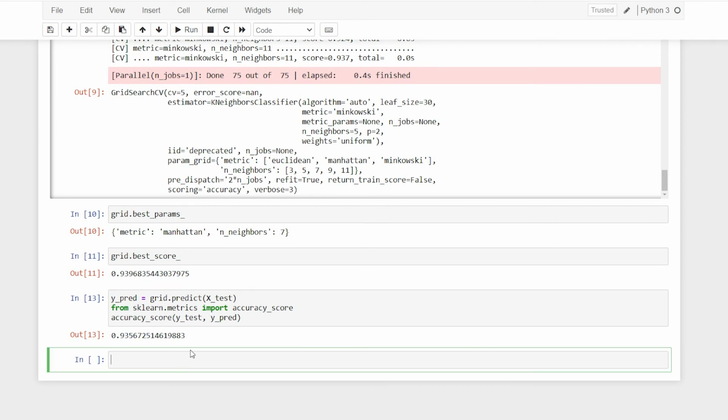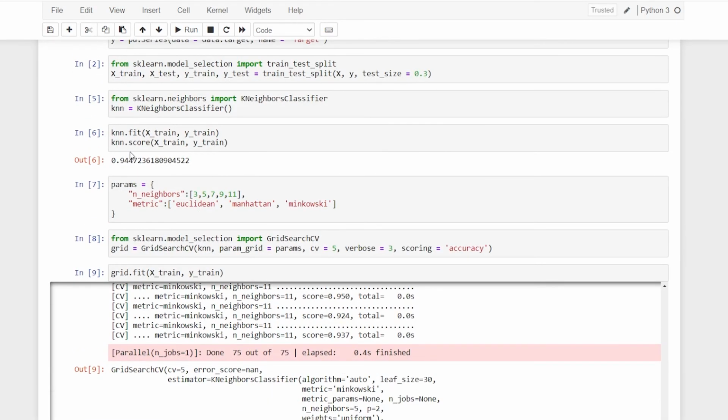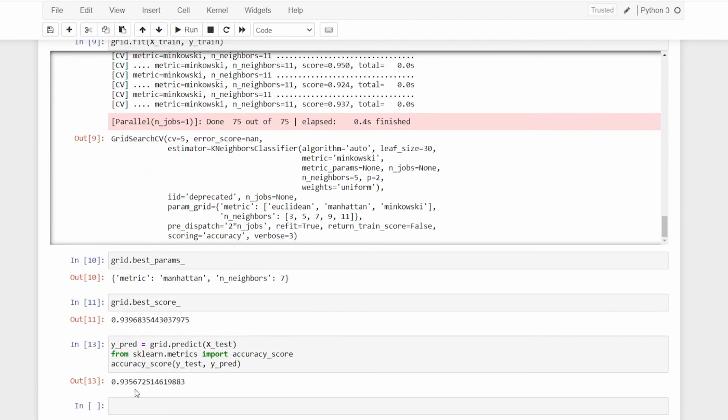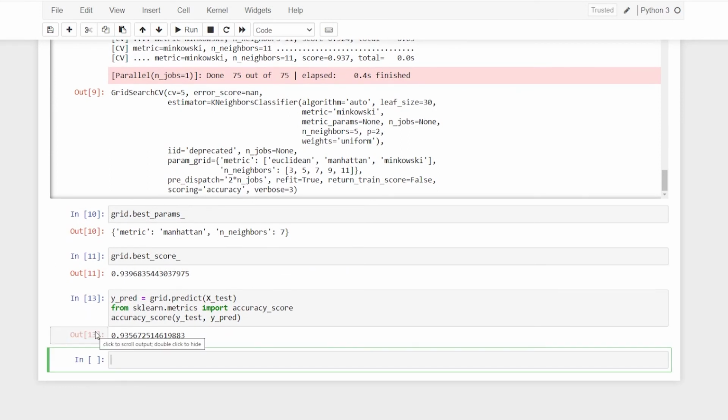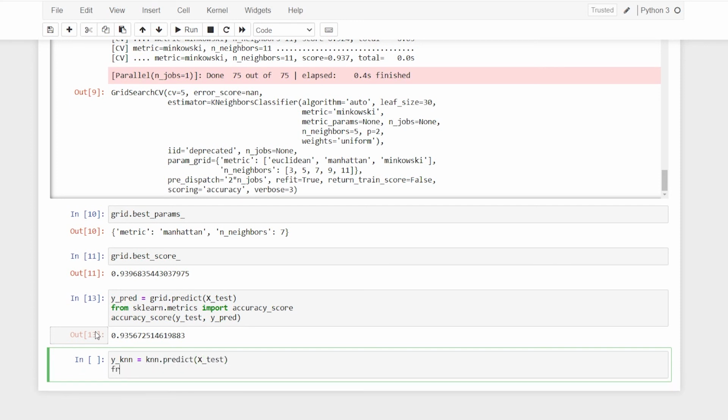Now let me check for my KNN model, which I have over here in the model. So I'll say y_knn is equal to knn.predict(X_test). Grid basically has my grid search. So y_test and y_knn.